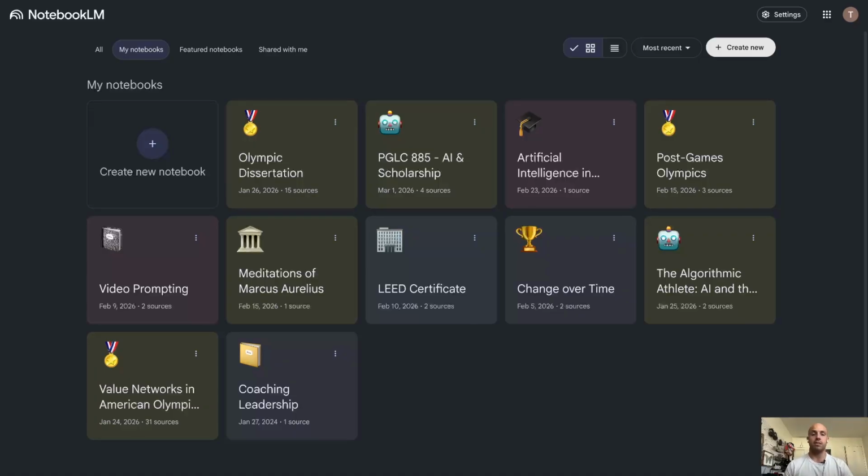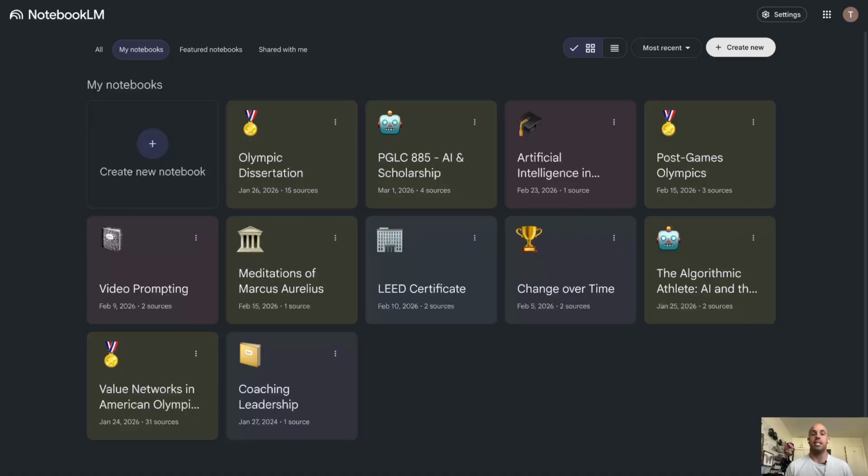So the two use cases I'm going to talk about is one from the vantage point of an undergraduate student. And in this case, let's say they are in a class on artificial intelligence. And then the second use case will be around a doctoral researcher who is investigating Olympic values. So on both ends of the spectrum for student learning, we have an undergraduate student seeking to learn and understand the material. And then on the doctoral side, you might have a student who's looking to synthesize and really analyze